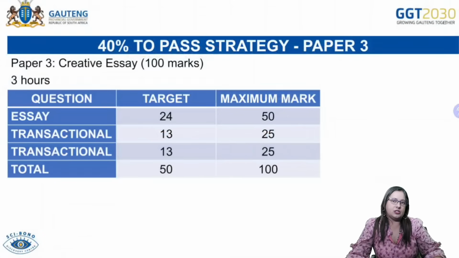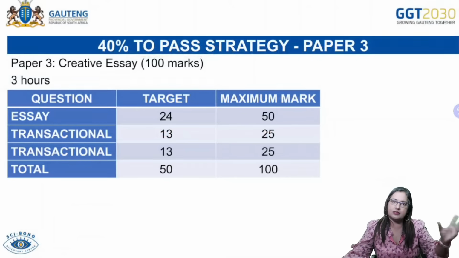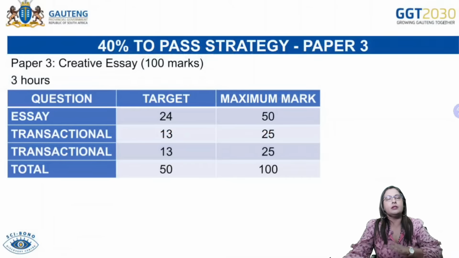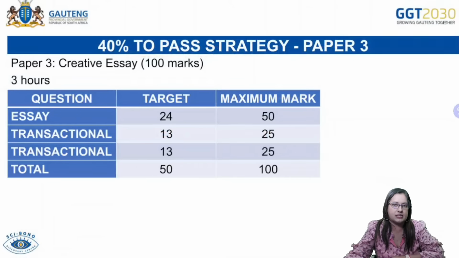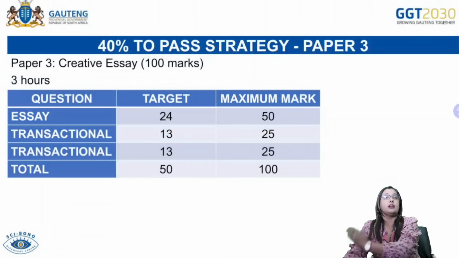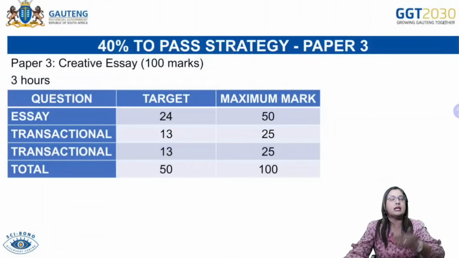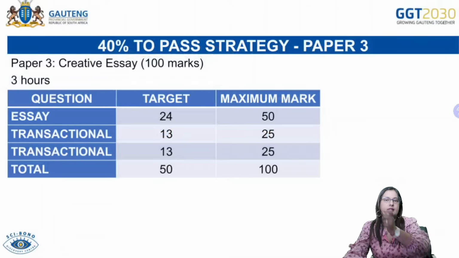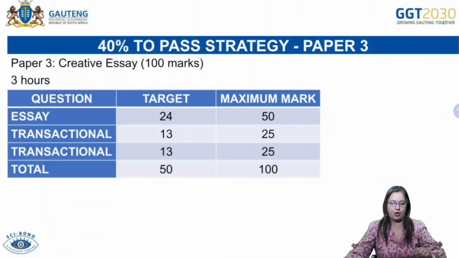Now, if you are that candidate who's been struggling to pass English, then the 40% strategy or 45% strategy would be ideal for you. All right, but I'm under the belief that all of you want to get more than 50 or 60% in English home language, if not 80% in English home language. And therefore, with the strategy we have, you have to look at the different levels at which you are performing and how you're going to tweak the areas now to make sure you're passing very well. All right, so 100 marks for this paper.